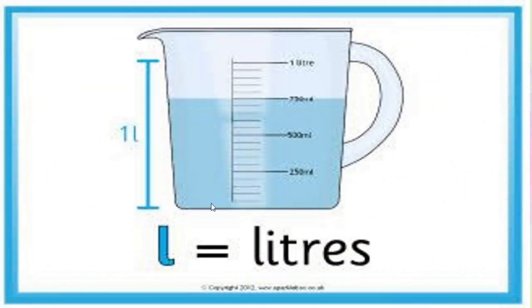See, this is a mug. Okay, here L is equal to liters. It is given. See here, you can read the readings. 250 ml, 500 ml, 750 ml, 1 liter. Isn't it? This mug measures 1 liter. We can say that the capacity of this mug is 1000 ml, is nothing but 1 liter. Remember the capacity. What is the capacity of this mug? 1000 ml or 1 liter.